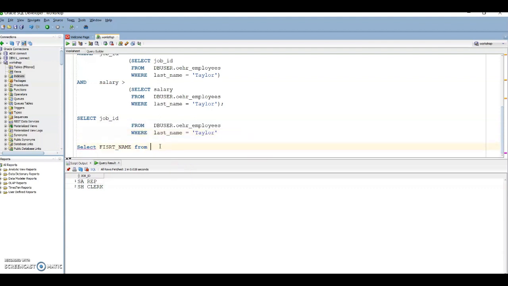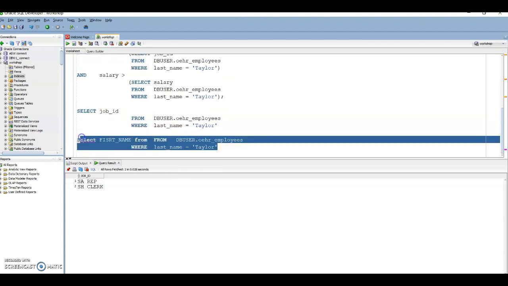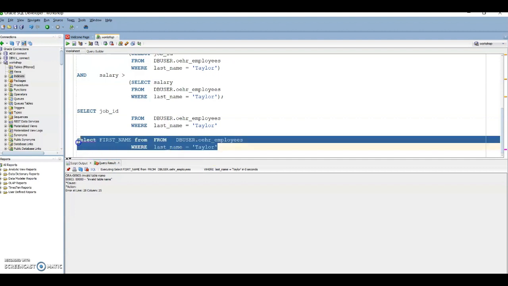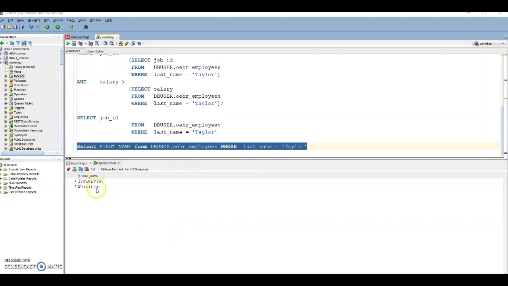So let's do that. Invalid table name. Yeah, here it is. So Jonathan and Winston, the two names, the first name is different but the last name is the same,